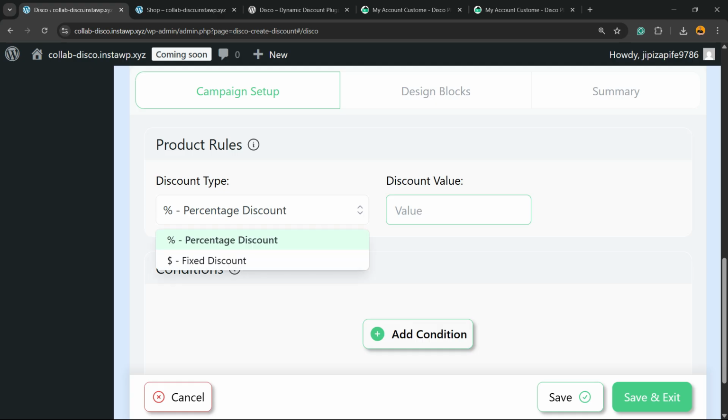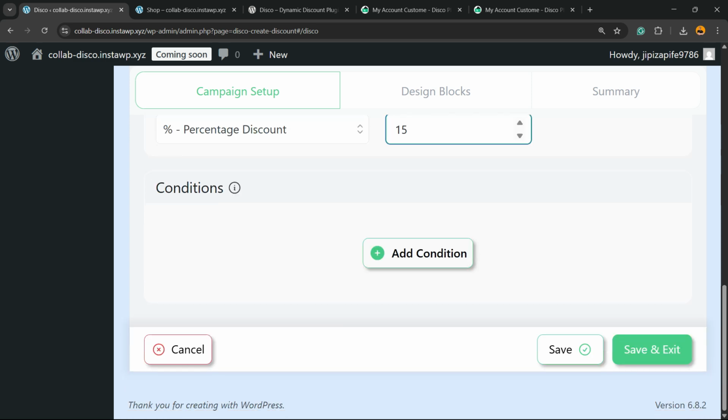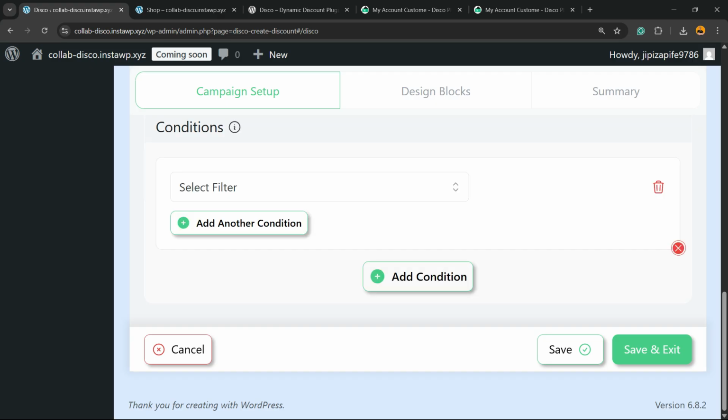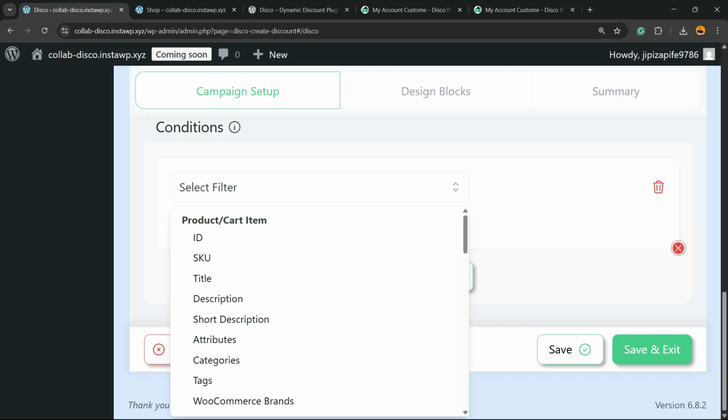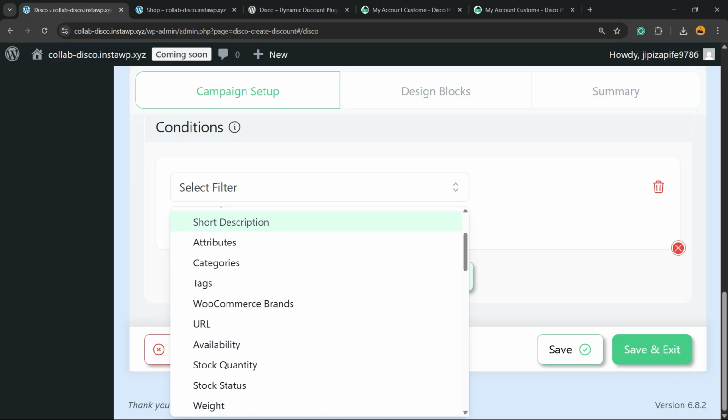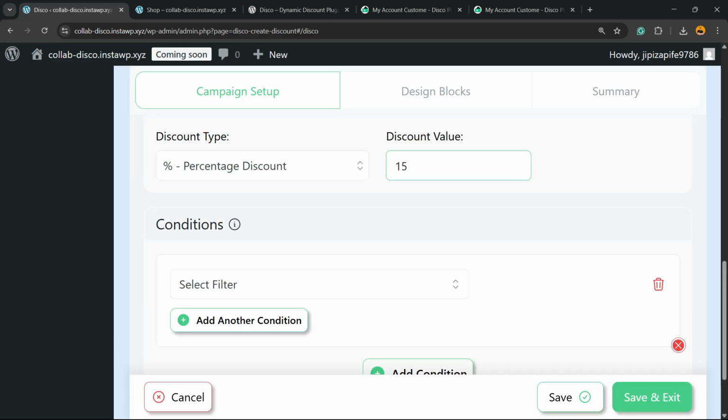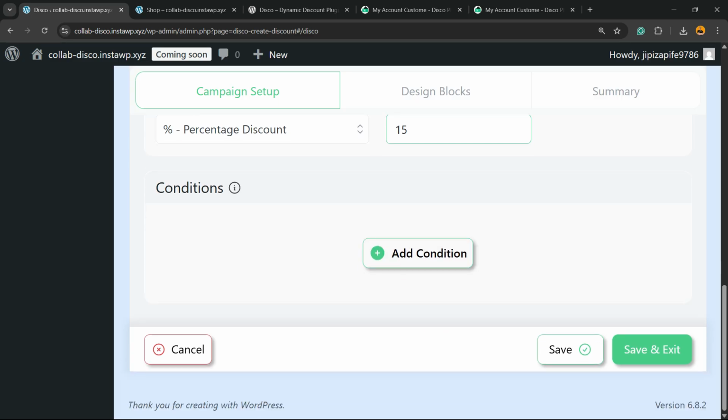Product rules, it's a percentage discount, it's a fixed discount, up to you as well. And the discount value can be 15%. You can enter conditions, for example, another condition, the title, the description, the attributes, the categories. For example, one condition is this discount is only active for a t-shirt category of your store, up to you, okay? You can add any condition that you like, and in the case that you don't want to use this filter, you can just delete and remove the condition. Now let's save and edit,